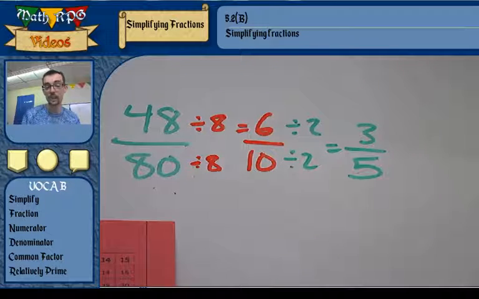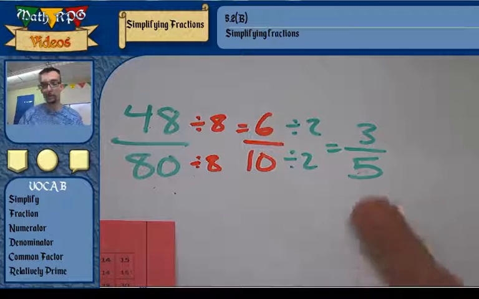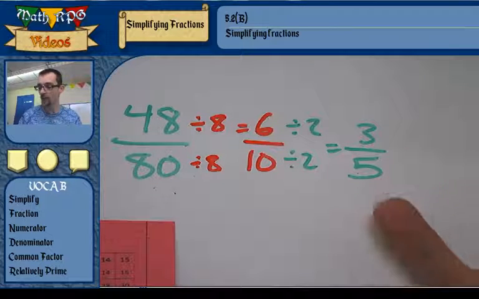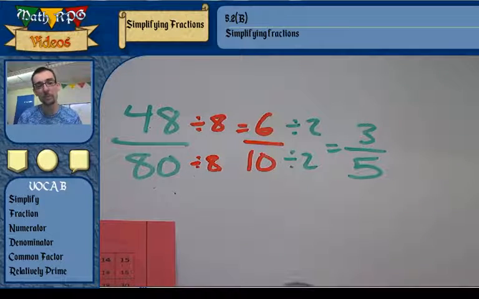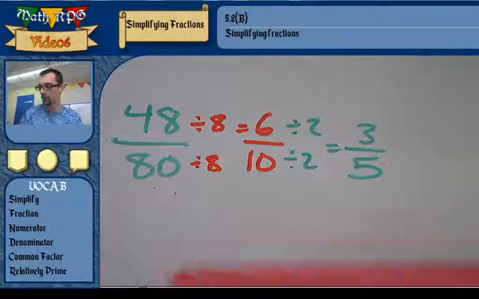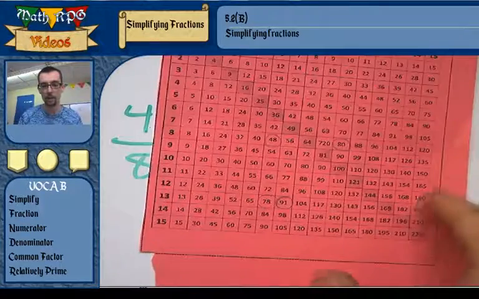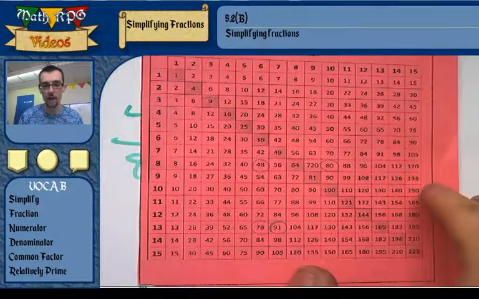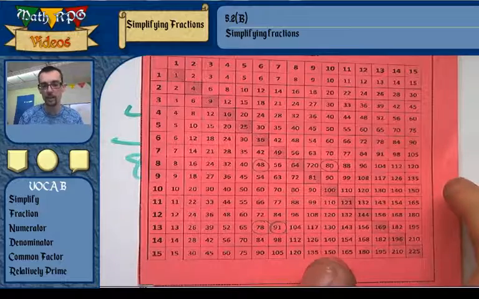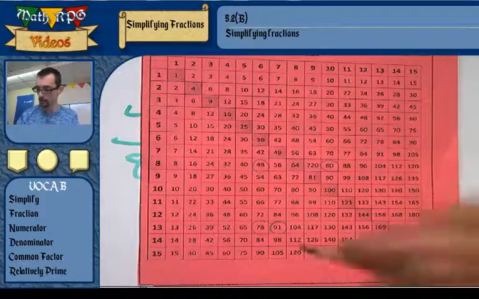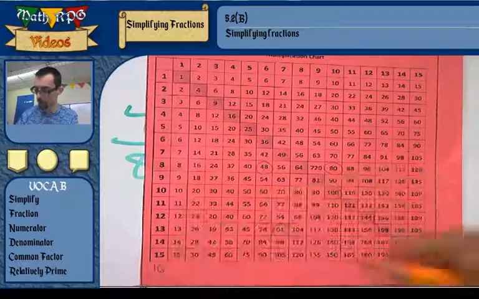Okay, so Mr. Baker, what does that mean? That means, first of all, we simplify the fraction, right? Second, though, when I divided by 8, 8 wasn't the greatest common factor between these two different numbers. I was using a multiplication table, and 8 is the greatest common factor on my table, but there's one more common factor that's greater than 8 that's not on my table, and that is 16. If 16 were on my table,